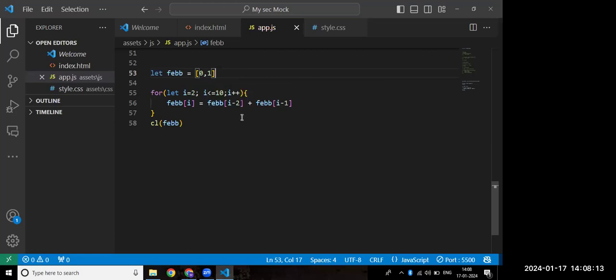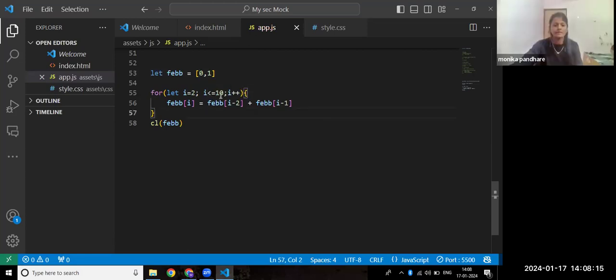Okay. Next, I is less than or equal to 10. Fib of I equal to fib of I minus 2, like